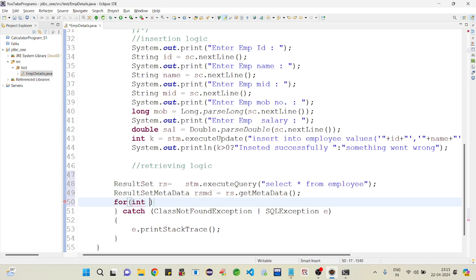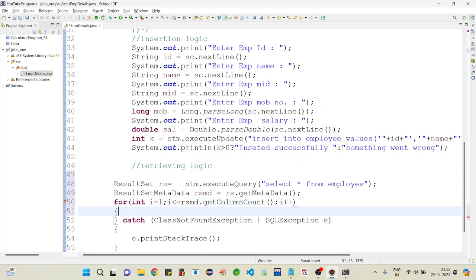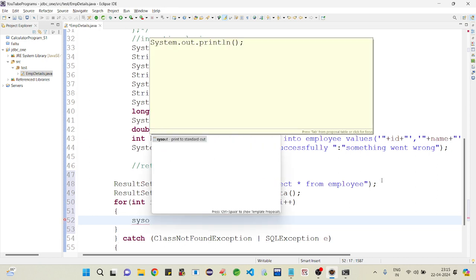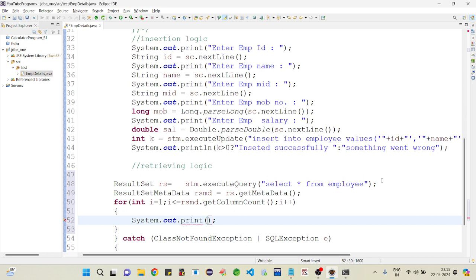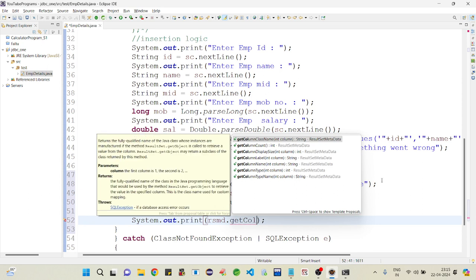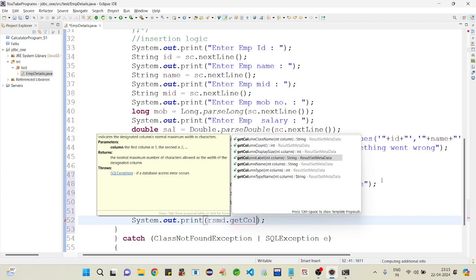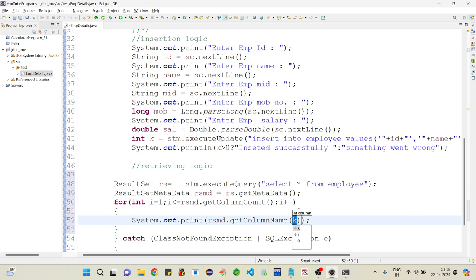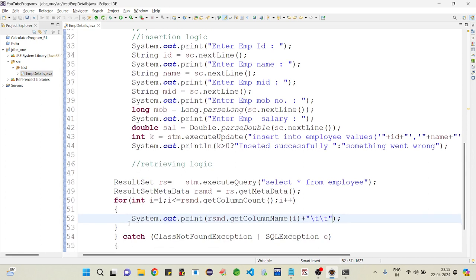Now I am printing the column names: for int i equal to 1, i less than or equal to rsmd.getColumnCount, i plus plus, print rsmd.getColumnName(i) plus a tab, \t, to give a space between the columns.